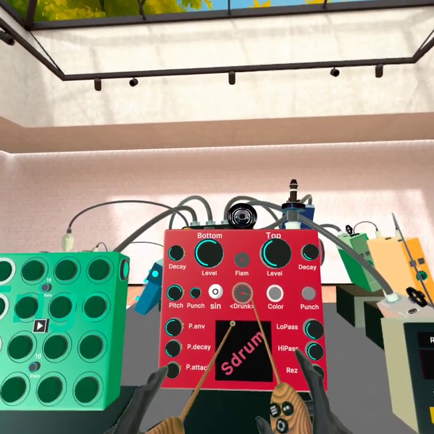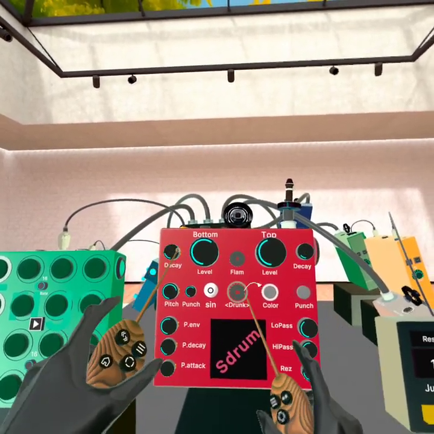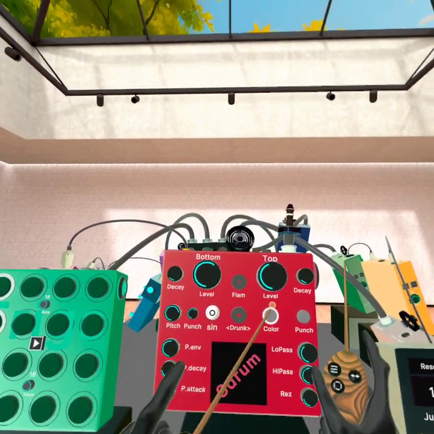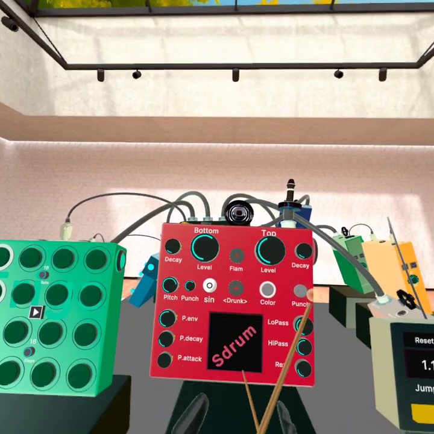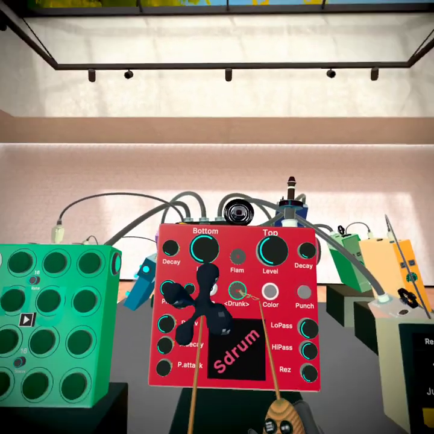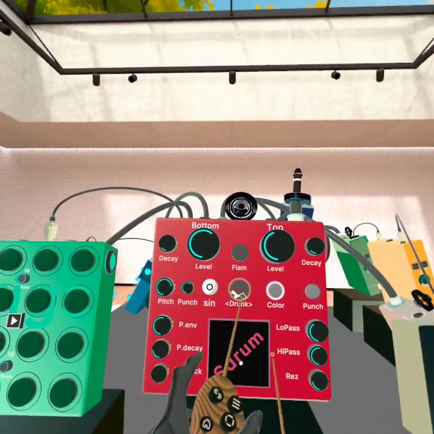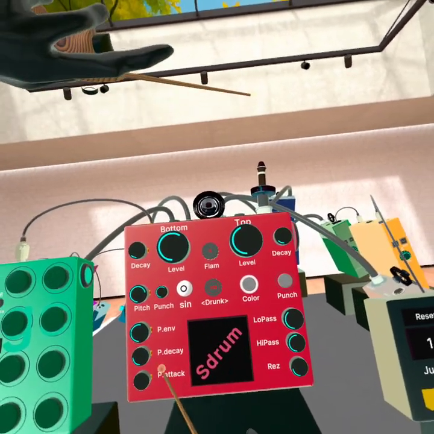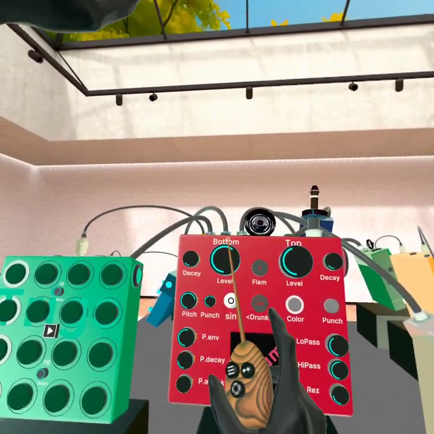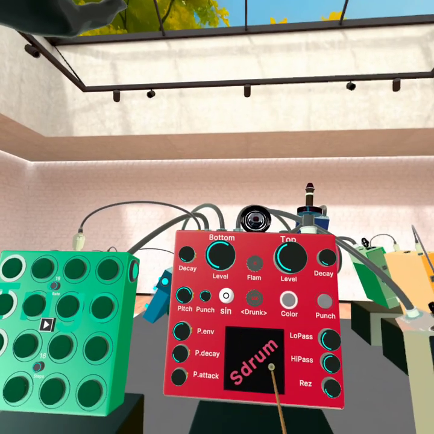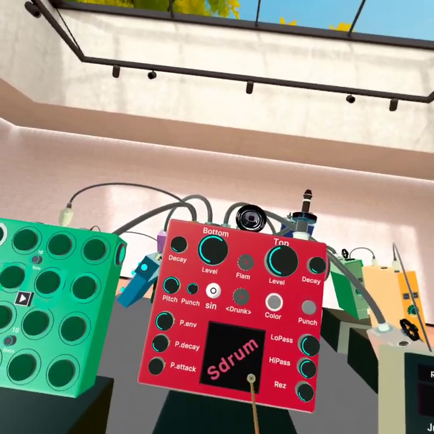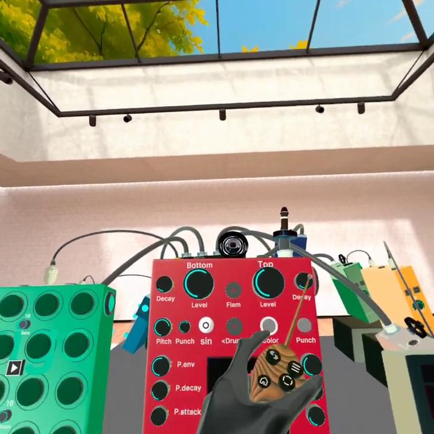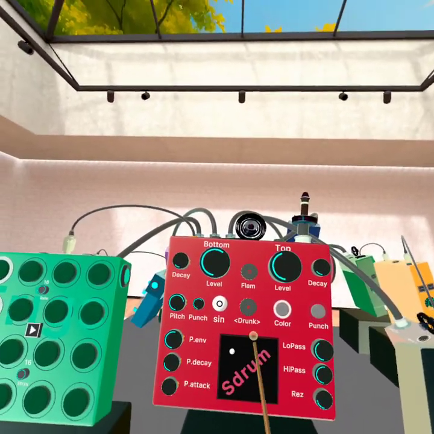Okay. Then you have the drunkenness, which decides which sound will come first. If it's exactly in the middle, they come together. If it's on 50. But if you put it to the right, then the bottom will be heard first. If you put it on the left, then the bottom will be delayed and the top will be heard first,